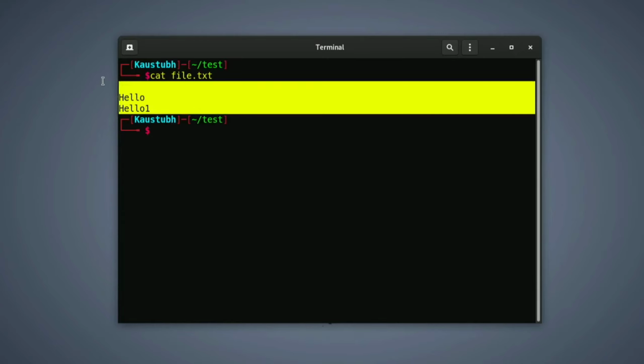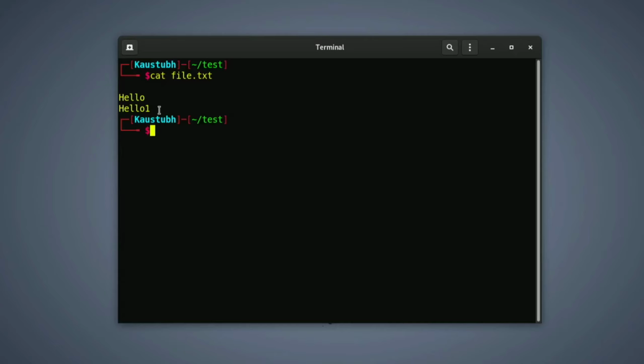If I want to create a new file and not append any text to the same file, you can use a single arrow, like we used previously in the cat command. So for example, just type echo hello, single arrow, then I want to create a file named newfile.txt. Just remove this space, hit enter. Now just cat newfile.txt. You can see our new file is created successfully using the echo command.